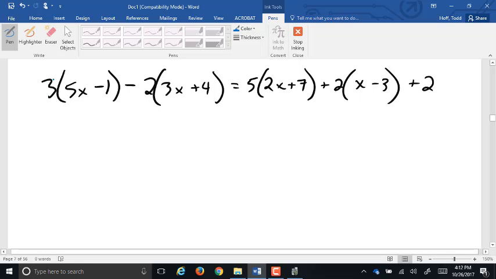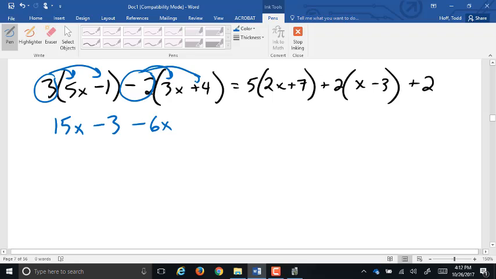So on the left side, I'm going to multiply by 3. So 3 times 5x is 15x. 3 times negative 1, negative 3. The next parentheses is multiplied by negative 2. So negative 2 times 3x, negative 6x. And negative 2 times 4 is